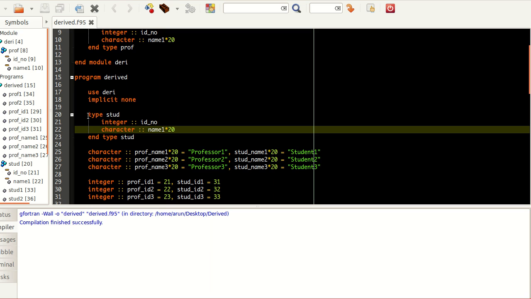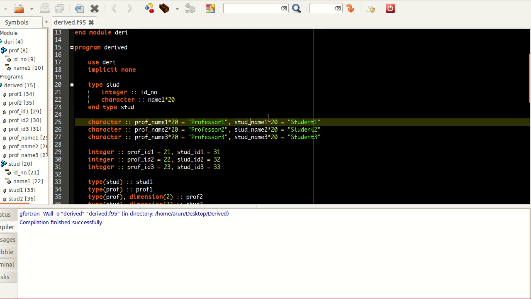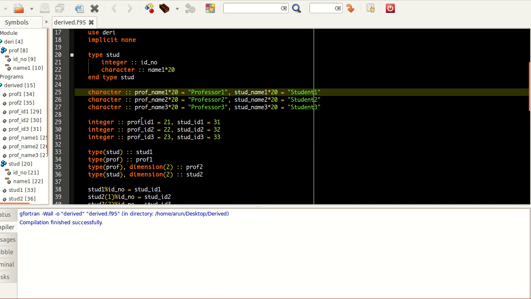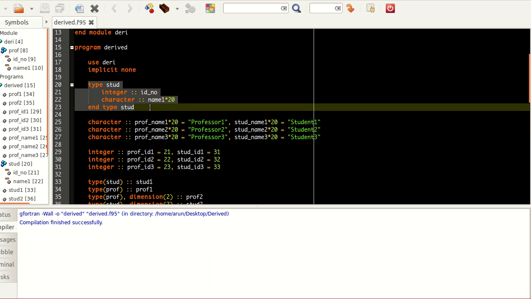Okay, now this is how the type goes. If you want to access, okay, I'll come to the access point later. What I did is that I defined some character arrays, namely prof_name1, stud_name1. This is a professor name, this is a student name. Like that I've defined 3 professor names and 3 student names. And similarly using integers, I've defined 3 professor IDs and 3 student IDs. Okay, now with this type being defined like this,